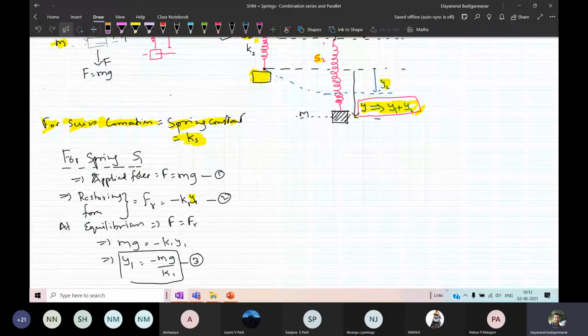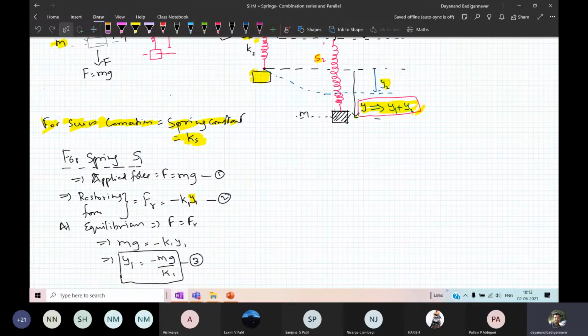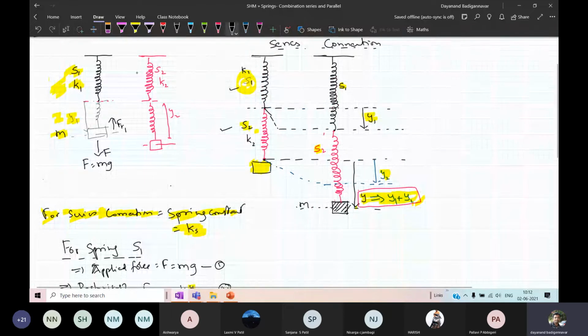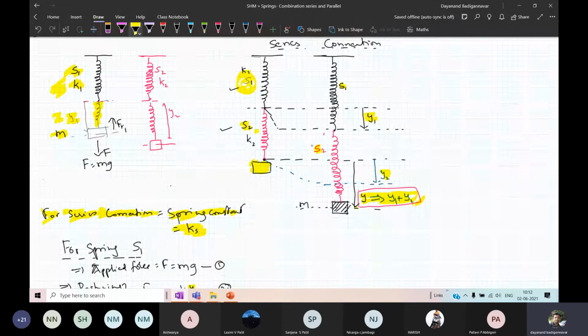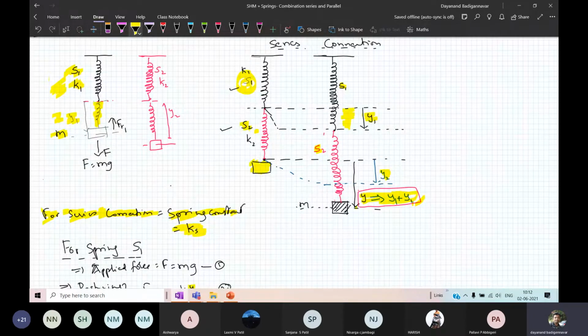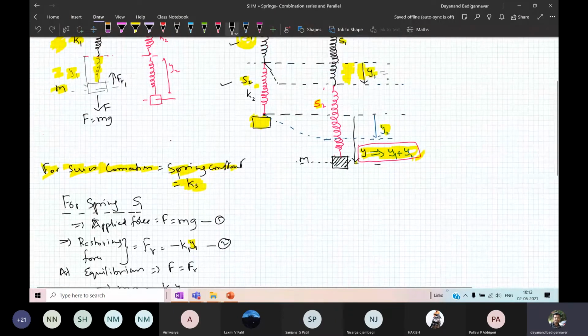Okay. So this is the value of the displacement that has taken place in the first spring. You're getting the point. In this spring, this much is the displacement, is it not? So this is the displacement y, y1. This much I have evaluated. So y1 I have to write it here, that is equal to minus m g divided by k1. Similarly, you have to do it for the second spring also.